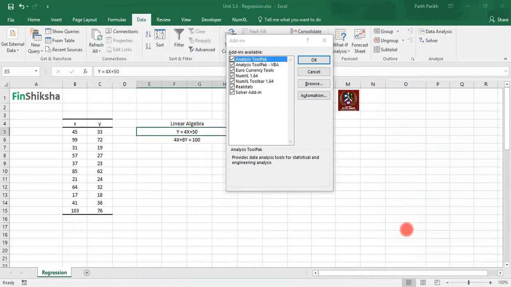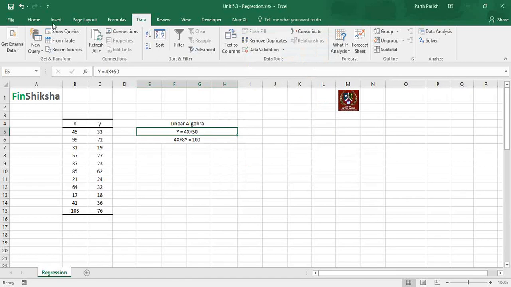You have to click this analysis tool pack, if it's not clicked already, analysis tool pack VBA, and solver add-in. These three things. And then you click on OK. Then you move around this tab and you go to this data tab again. You should be able to see this data analysis tab.